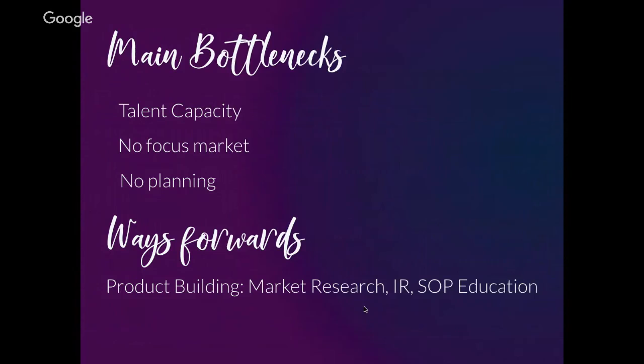One thing that is also missing is no focus market, meaning that this is mostly market knowledge. So we have in our market a couple of universities and really good business schools, but we don't actually understand the sub-products and we don't have the knowledge to build the product inside our markets, which is also coming from the lack of talent capacity from the MC itself, because I am personally focusing on OGV. So I did a neck for OGT, but since no one is tracking at the LC level, this is not developing much.